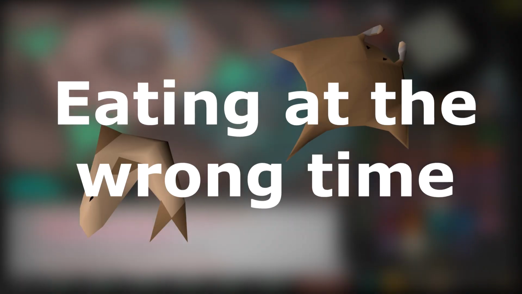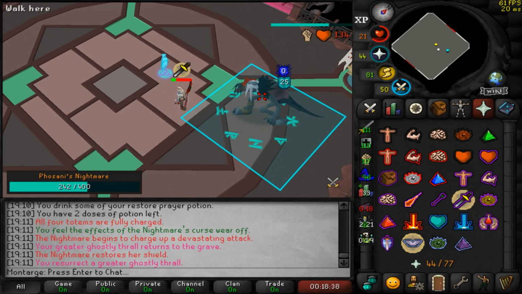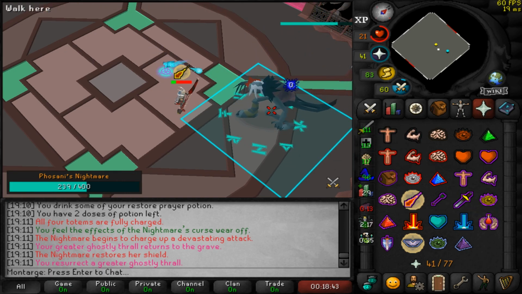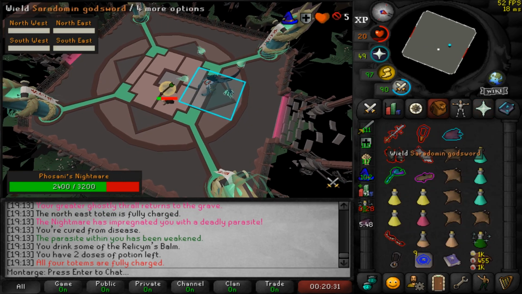Next major issue is eating at the wrong time, resulting in less DPS output as you are sacrificing auto attacks for eating food. So I ate a melee here, but I didn't panic and eat. I waited until an opportune time to eat. So when are these times, you ask? The perfect time to eat is either before the sleepwalkers spawns,